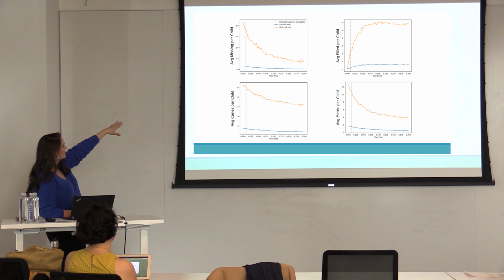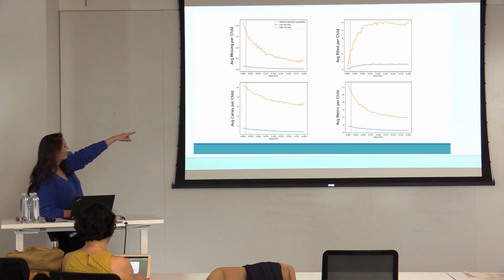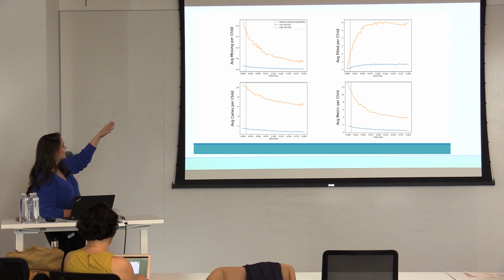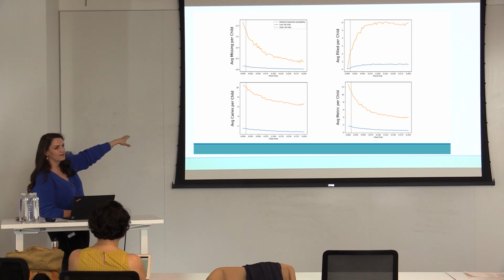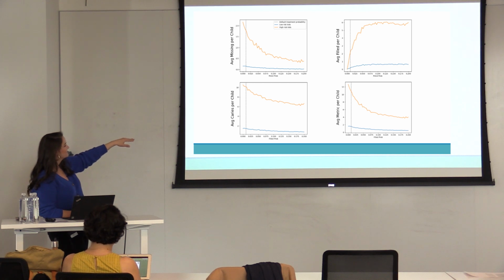And what we can see, the orange is the high-risk kids and the blue is the low-risk kids. And along the x-axis is the probability of going to filled. And when we increase that probability, we can see that we're iteratively increasing it over the model runs, and we see that we can reduce the disparity between high-risk and low-risk kids with respect to missing teeth per kid. And you can see that low risk is just pretty flat because they're never making it to such severe teeth that they have to go missing.